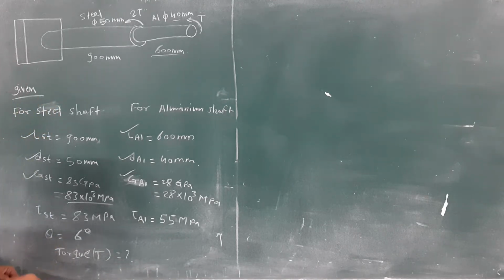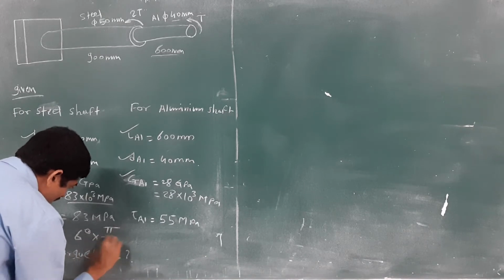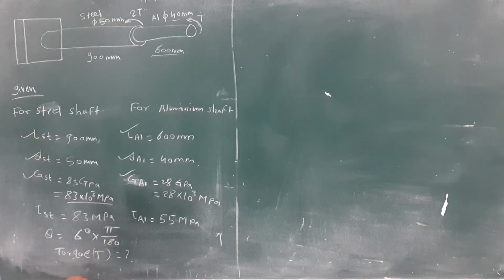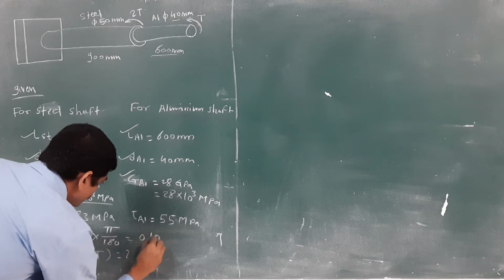Then theta is equal to 6 degree. Then we want to convert this value into radian. You know the relation between degree and radian. Already we have seen, if you have given 6 degree, then how to convert it into radian? Yes, correct. Multiply by pi by 180. Then you will get 0.1047